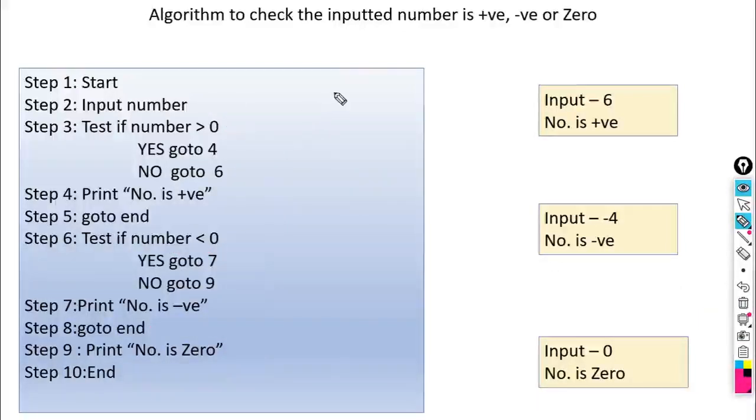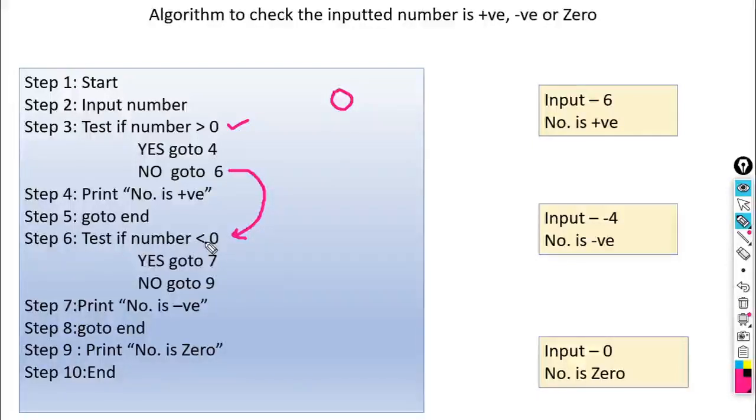Suppose the number is 0. What would happen here? Inputted number is 0. So first it will check number is greater than 0. This number is not greater than 0. So it will execute this one. Go to step number 6. So it will take your control to go to step number 6. So again within step number 6, it will check if number is less than 0. It is having again two options, yes or no. Our entered number is 0.